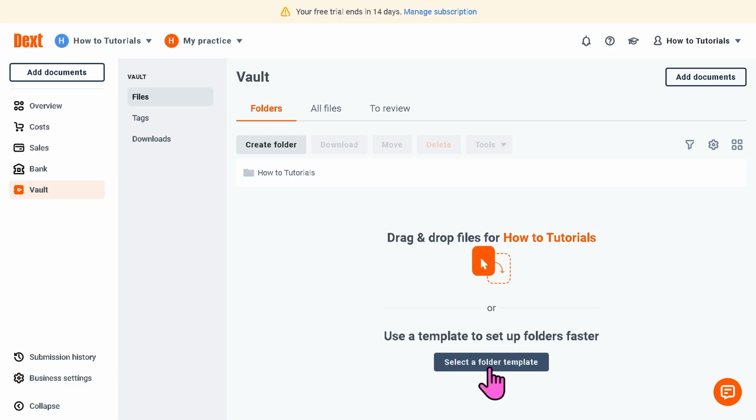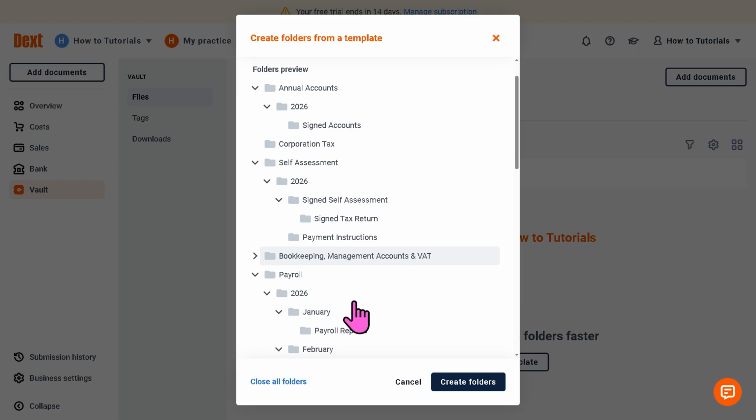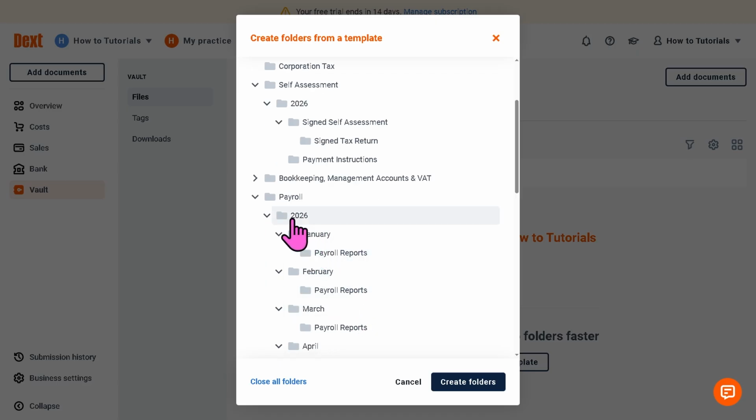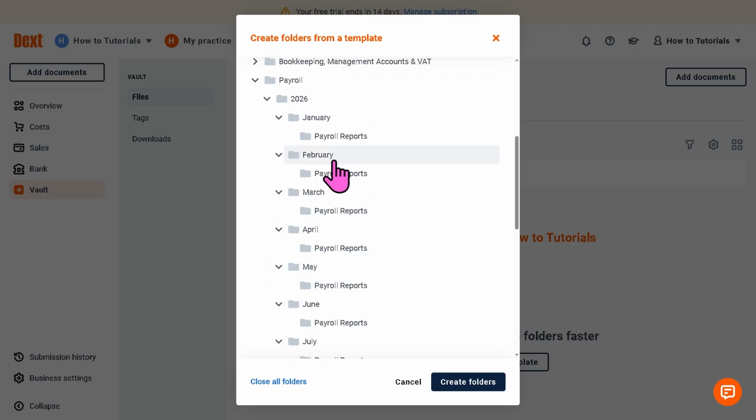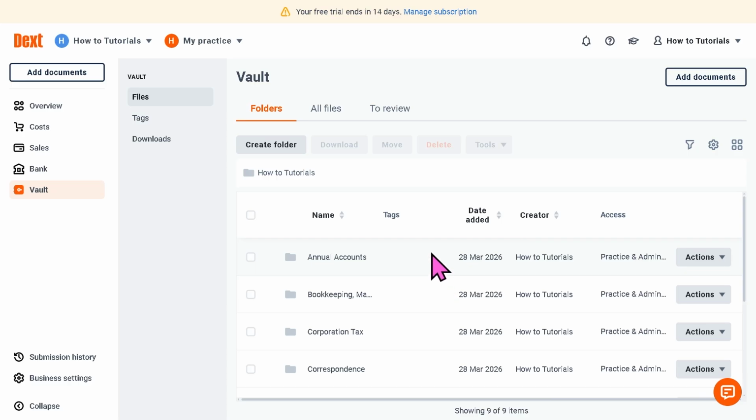You can select a folder template if you want. For example, let's say you want to use annual accounts, self-assessment, bookkeeping, management accounts, and VAT. Let's do that. Let's say we're going to go for 2026. You can choose from any of the following months. So right now, I'm going to choose April. Okay, I'm going to click create folders, and what will happen is AI can extract key information from bookkeeping without